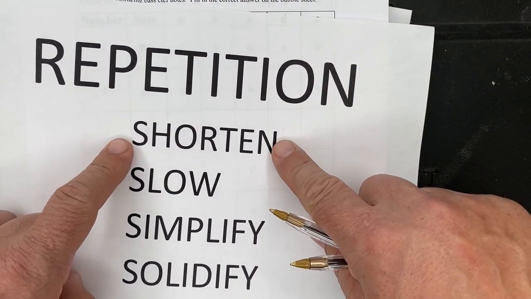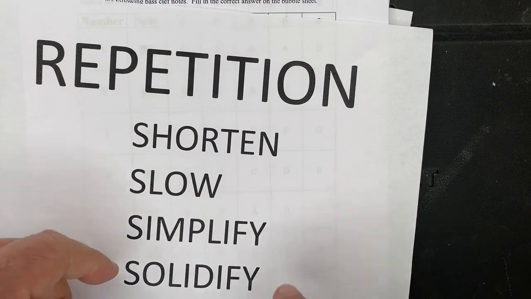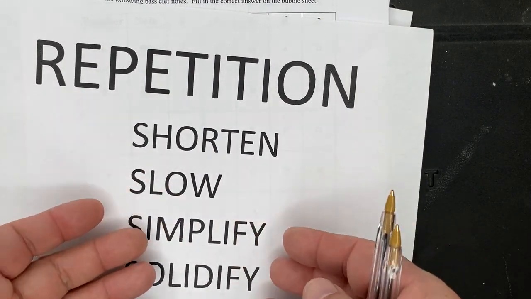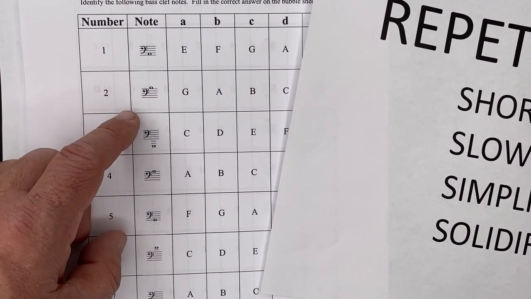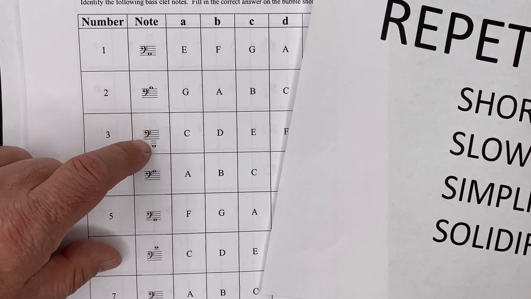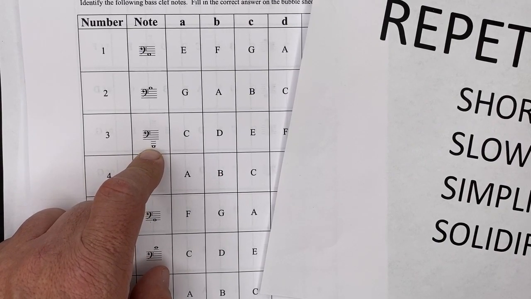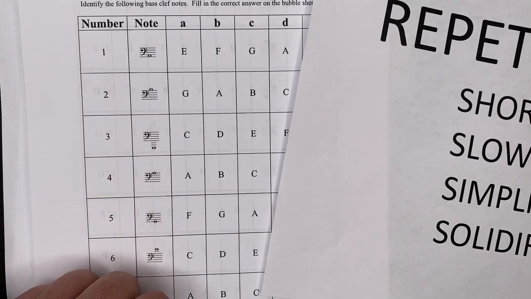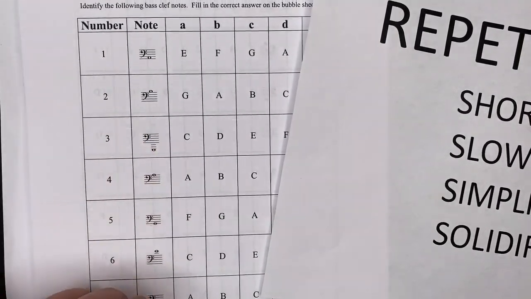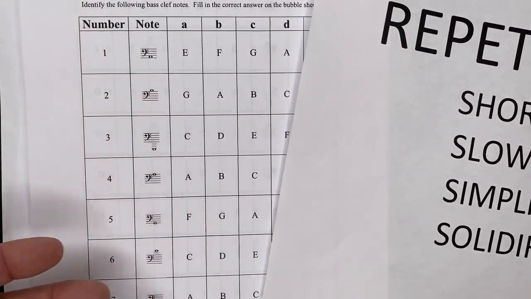That's shortening, right? And you give yourself some time away from the quiz. That's slowing it down, simplifying. It's all these kind of things. You make up your own methods for knowing that one. Like, for instance, this is the lowest one. There's 3 ledger lines down, and that's a G, okay? So maybe you have to just go like, G, that's the lowest note I've ever seen. It's in the bass clef, and it's below 3 ledger lines, and it's below there. You come up with your own solidification. But you only study 3.